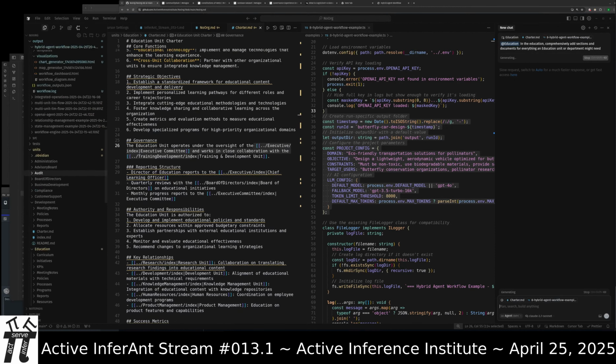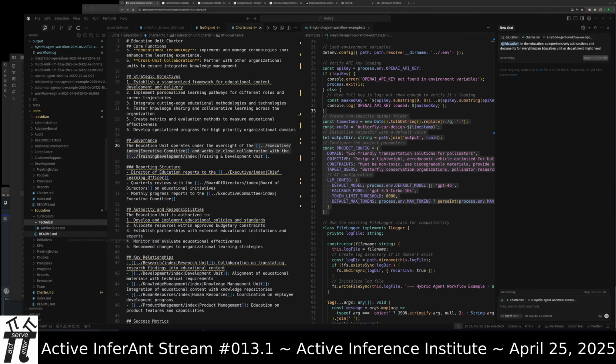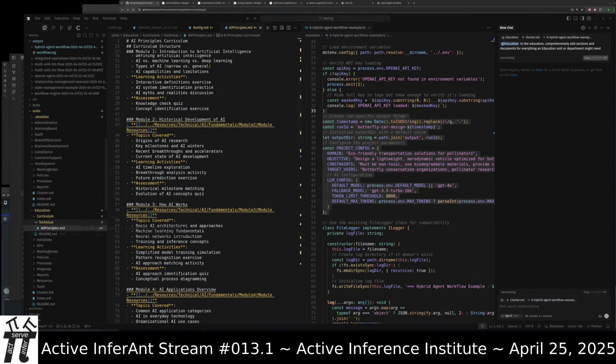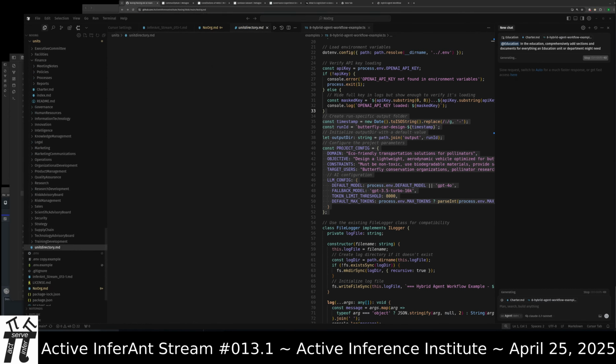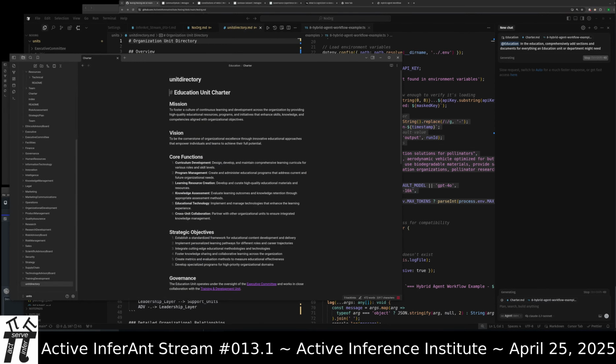Like if we were going to go over to some folder and say, write an education paradigm. And then in the education folder, there's already a curriculum, and there's already these different kinds of things, like AI principles curriculum. So education could host different information on initiatives, their performance indications, different meeting notes that they've had within subgroups or different teams within their unit. So it's like an organizational structure. And all of that is linked up in the unit directory.